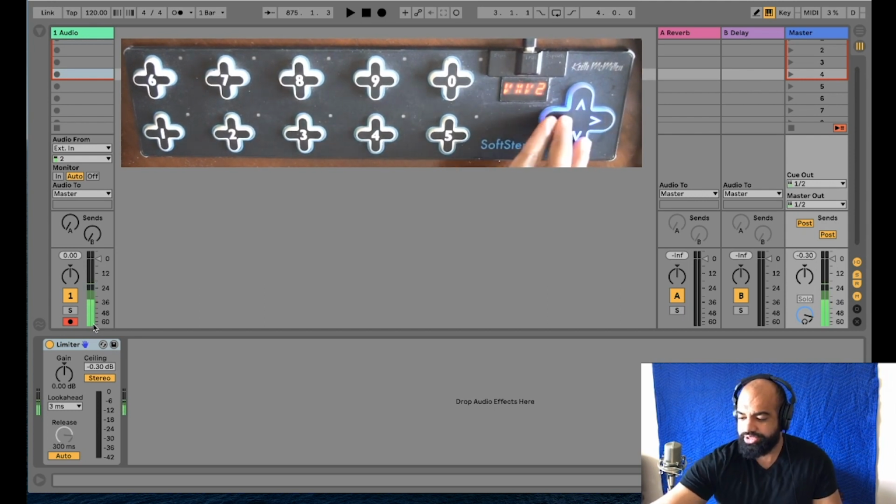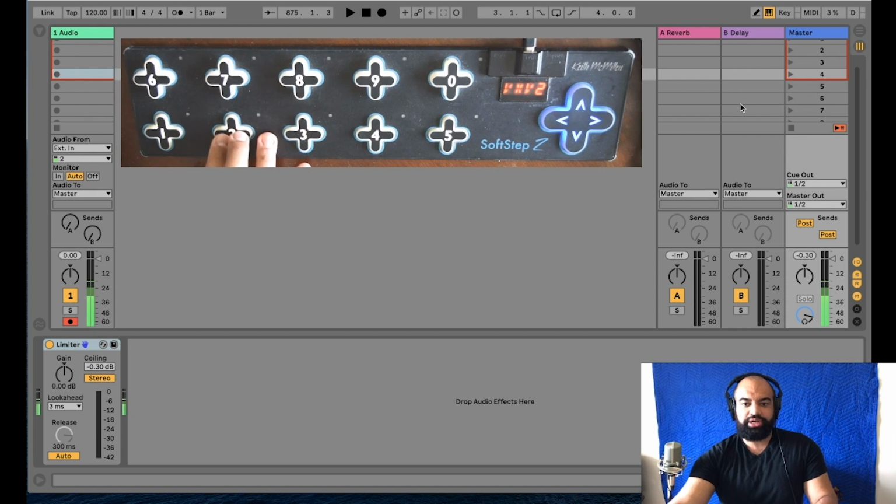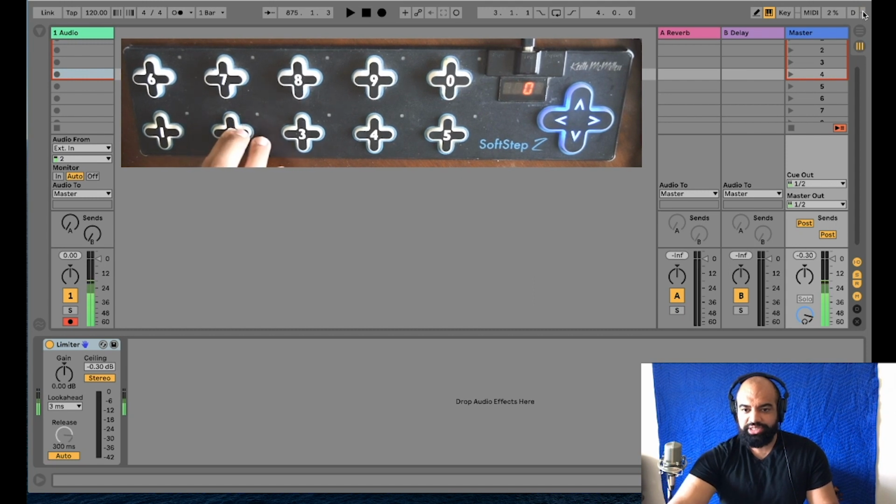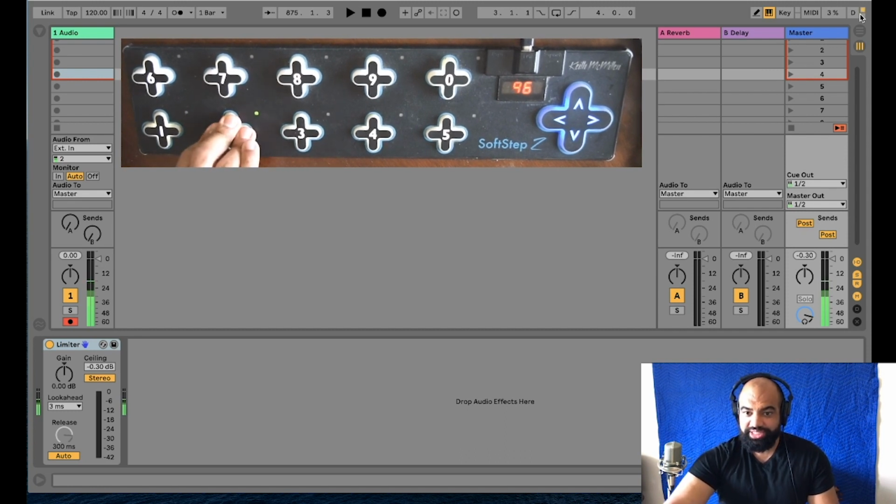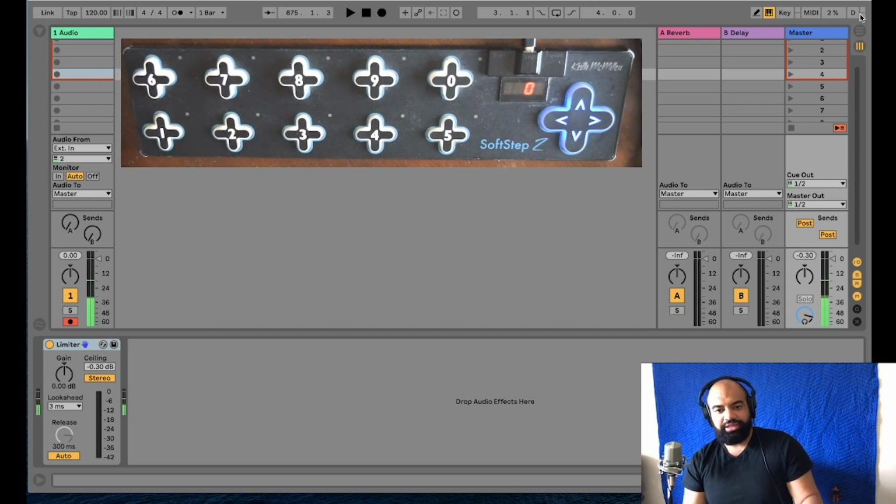What you're going to want to do is look in the upper right hand corner. And when you press a button, you should see this blinking square up here go off. So that means that it's receiving MIDI from a source, which in our case is going to be the SoftStep. You may have other stuff hooked up too. So now that that's set,